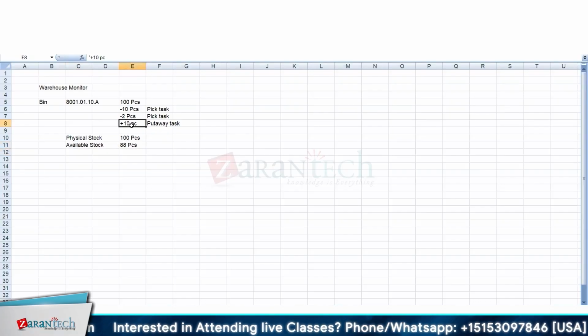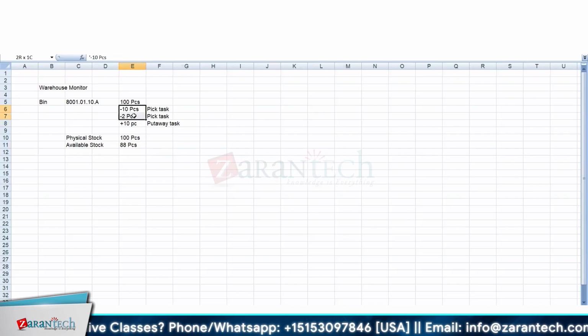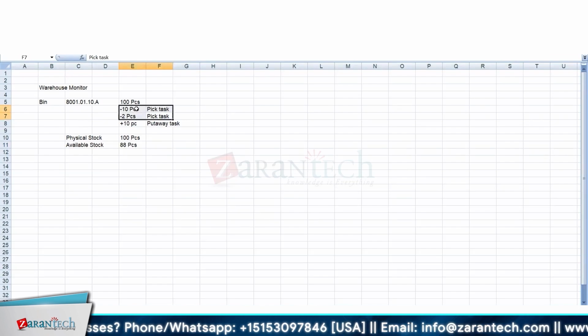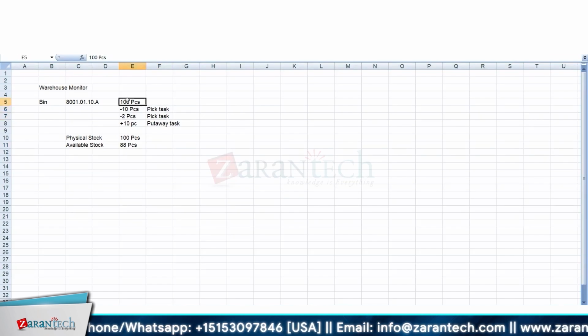Because these 10 are in putaway. It is still not added into the bin. Correct, you said bin level. Yes, it is bin level. These two tasks are already reserved by some delivery. Some delivery has reserved these quantities. So now